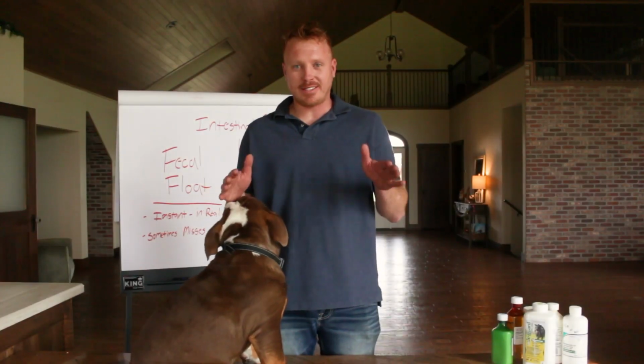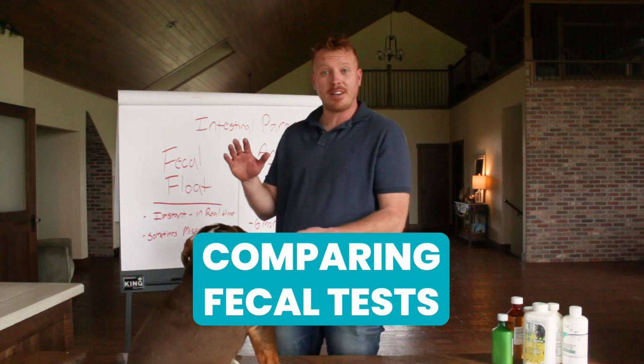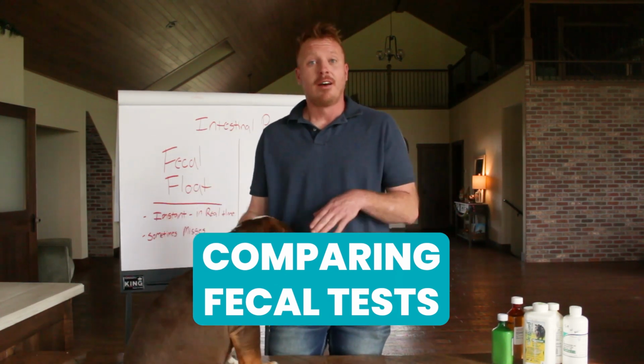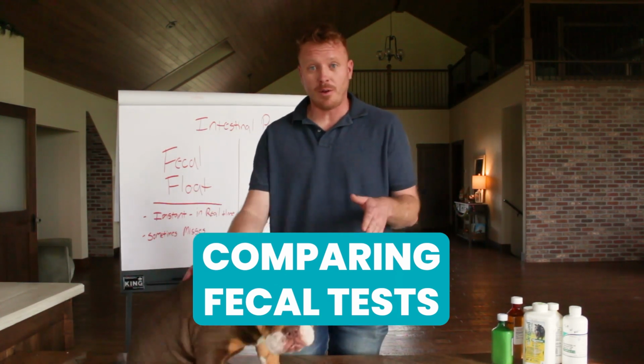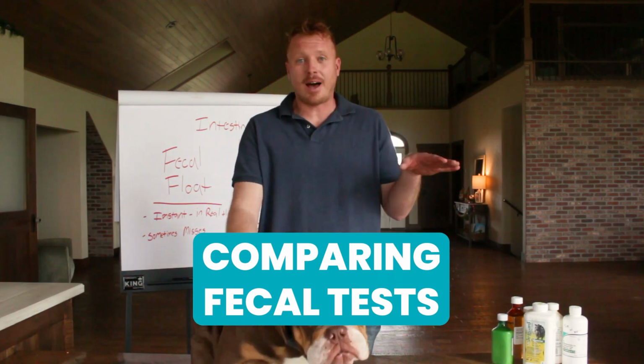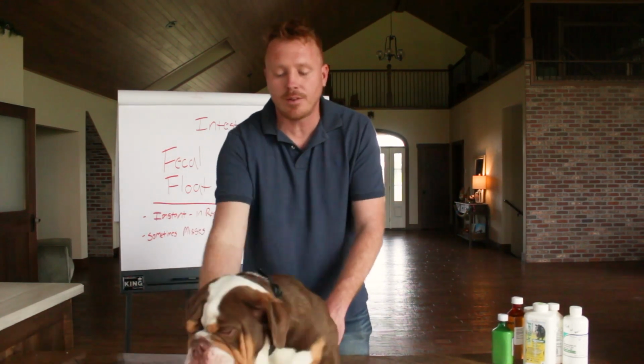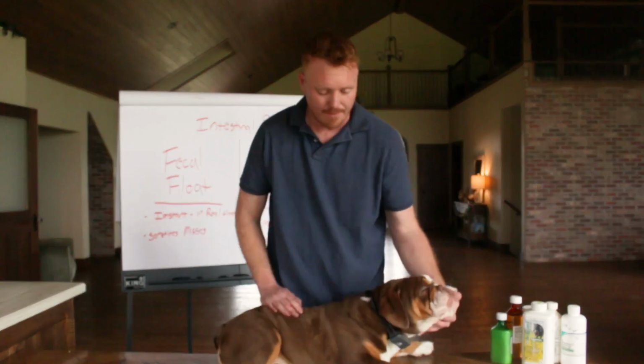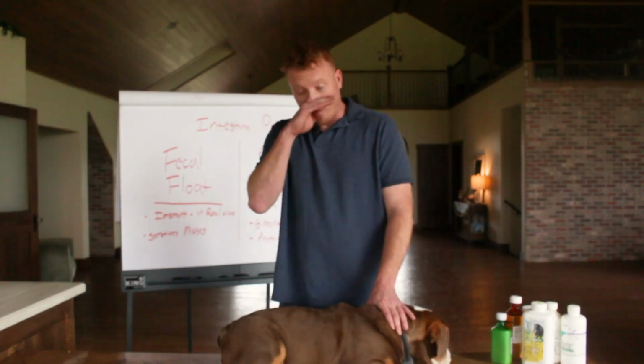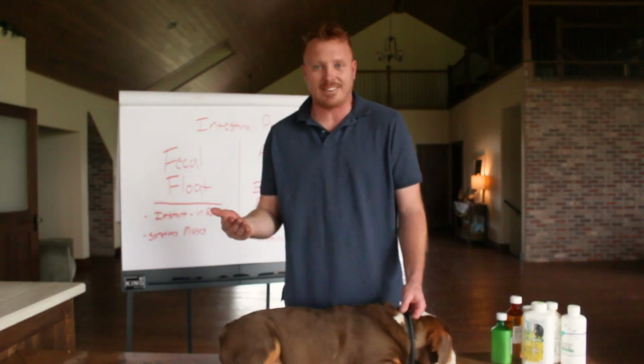Okay, so let's say we have completed our comprehensive prevention plan. The puppy is now 10 weeks old and it's going home to its adopter. That's usually the time period that we let them go home, around 10 weeks old. One of the first things you will do once you get your puppy home, and this is one of our requirements, is go get a vet exam. Part of that exam is almost always some type of fecal test.